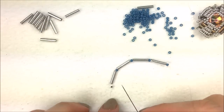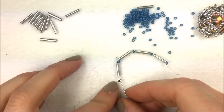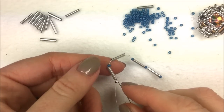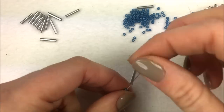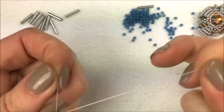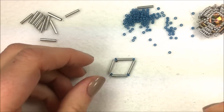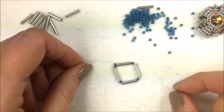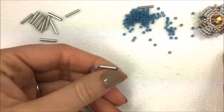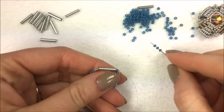With the thread and needle then, I'm going to take the needle back through the first bugle and back through the first 11L and exit. That's going to create a square. You can see the square design that the bugles create. That square we're going to enhance by adding my little corner pieces, which are going to be 3 of my